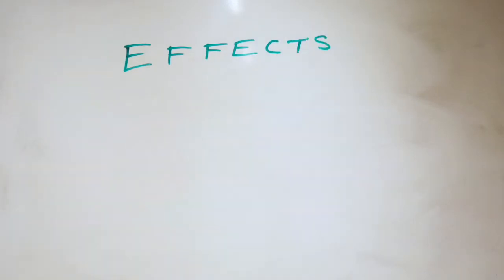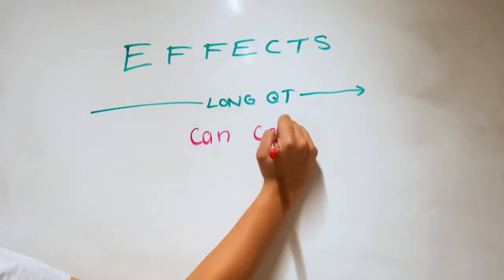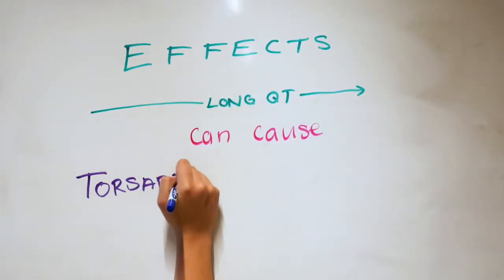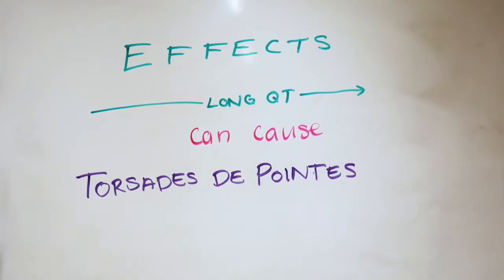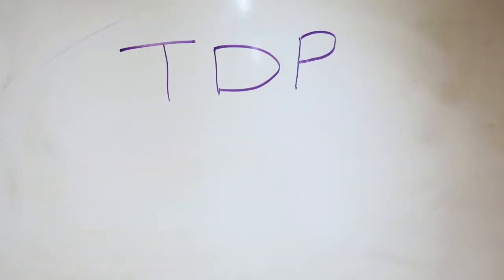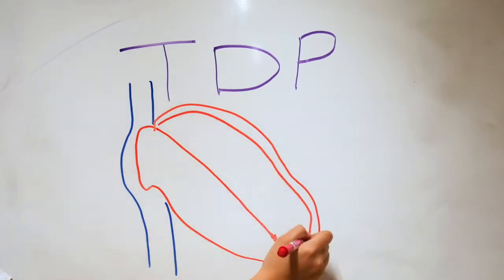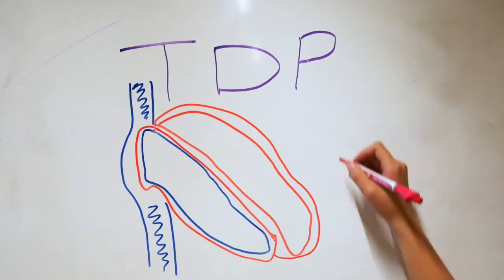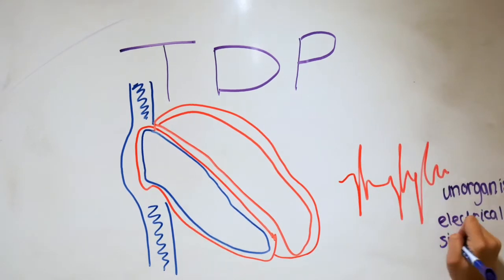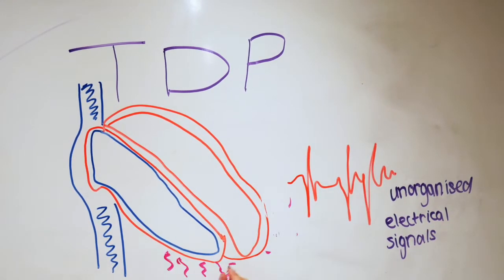Using amiodarone to correct abnormal heart rhythm by lengthening the QT interval can be dangerous, as it can lead to Torsades de Pointes, known as TDP. The side effect is a serious condition that can result in death as it degenerates into ventricular fibrillation, meaning the lower chambers of the heart quiver or spasm instead of pumping blood due to unorganized electrical activity, and no blood is